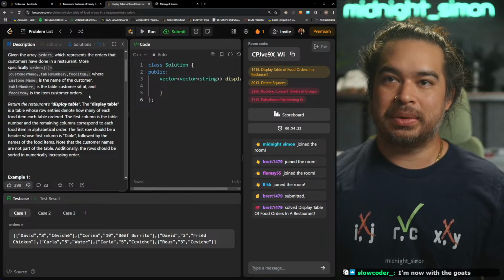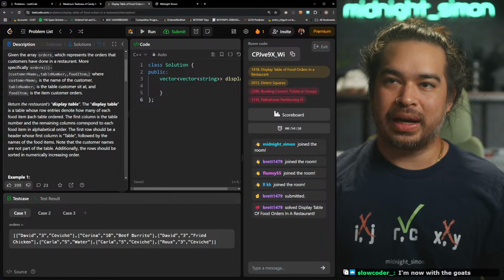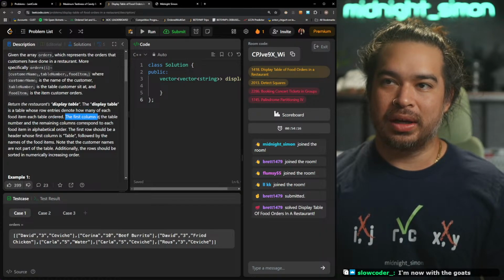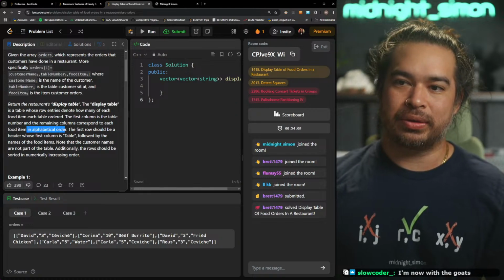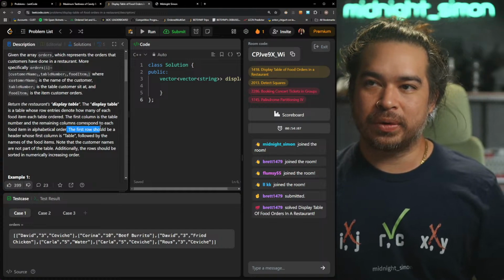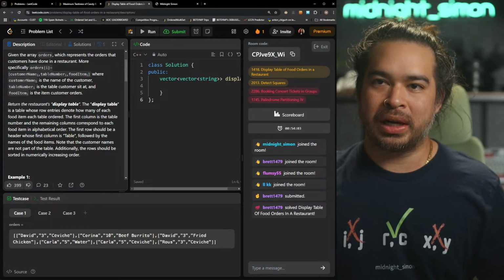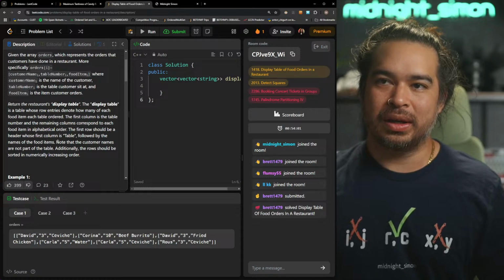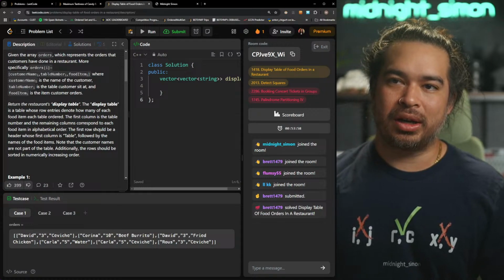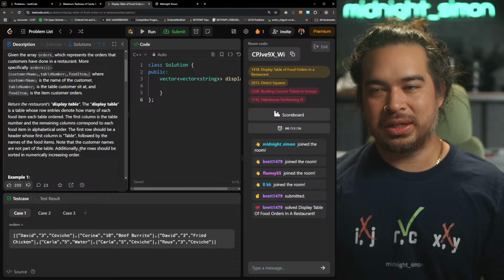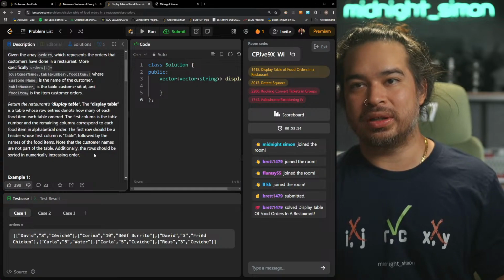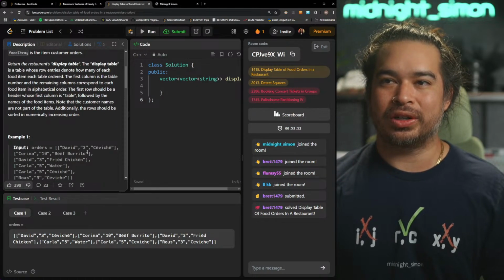The display table is a table whose row entries denote how many of each food item each table ordered. The first column is the table number, and the remaining columns correspond to each food item in alphabetical order. The first row should be a header whose first column is table, followed by the names of the food items. Note that the customer names are not part of the table. Additionally, the rows should be sorted in numerically increasing order.